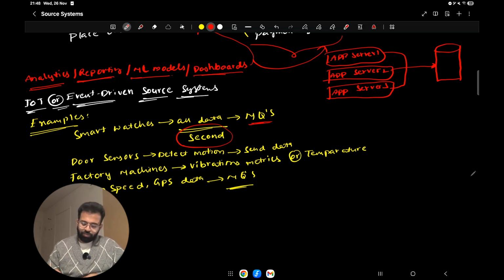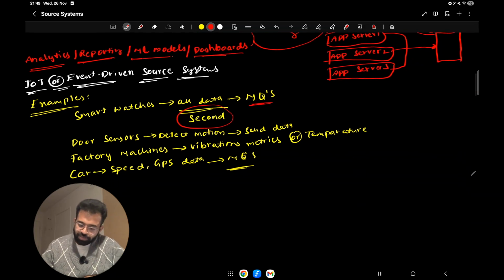Okay, and of course, from the application itself, let's say you go into the food delivery app that you ordered food from some time back, and you click on order history. What will normally happen is this application server will make a call to some part of the code, and that code will query the data from this operational database, get the results, and send it back to the application server, and then that will display it in the user interface, and then you will get to see it. So normally that is what happens.